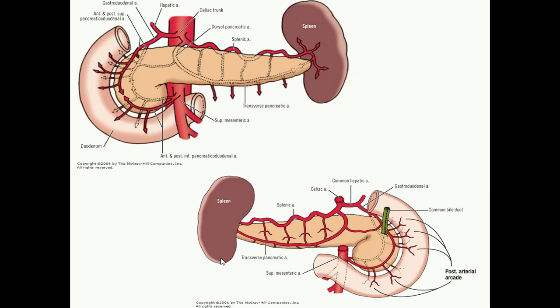This is the image that shows you the arteries supplying it. The hepatic artery, a branch from the celiac trunk, becomes the dorsal pancreatic artery. This is the splenic artery, the superior mesenteric vessels, and the pancreaticoduodenal arteries, superior and inferior, seen all along the curvature of the second part of the duodenum, enclosing the head of the pancreas. You also find how the arteries anastomose, and you can see the major arteries: the splenic artery, the celiac trunk, and the superior mesenteric artery are the three arteries that participate in giving blood supply to the pancreas.